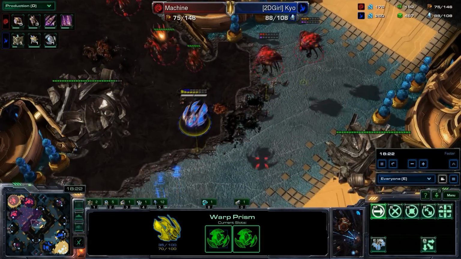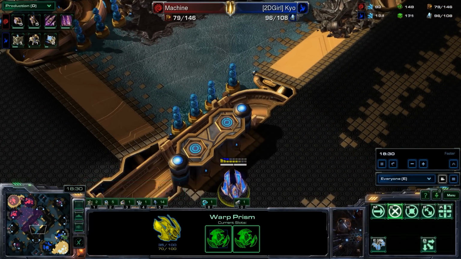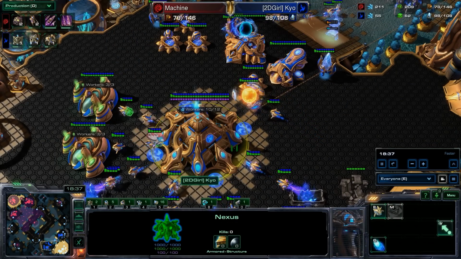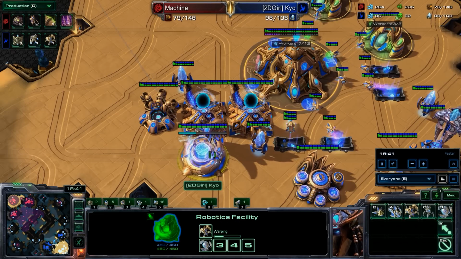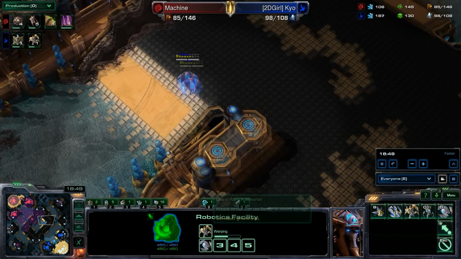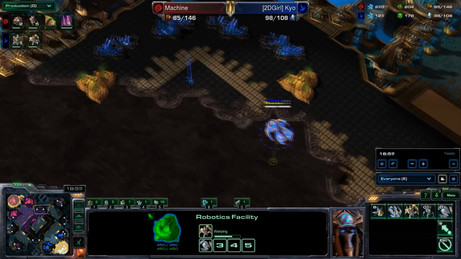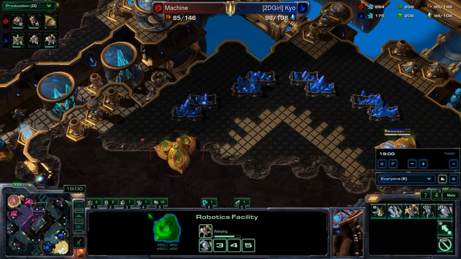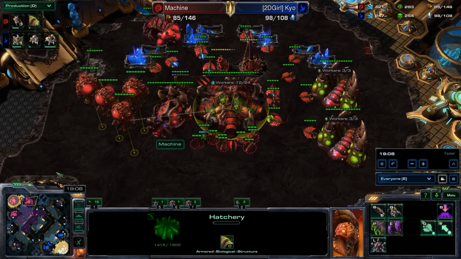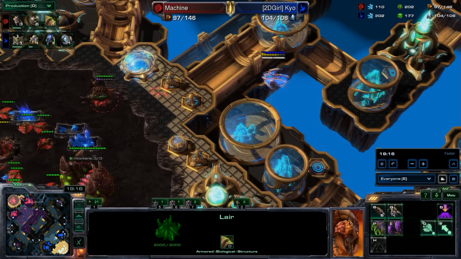Splitting up our disruptors here. Picking off a very nice bit of his army here. We're starting to catch back up in the supply somehow. Still adding on disruptors. Adding on some more Immortals. As I was mentioning, you can kind of split between Immortals and Disruptors because they're kind of like the reverse of each other. One costs a lot of gas and one costs a lot of minerals. And they're both pretty powerful units versus Zerg ground, so